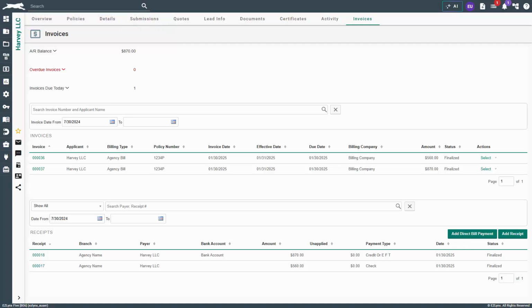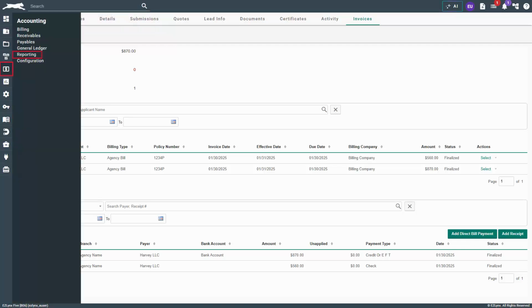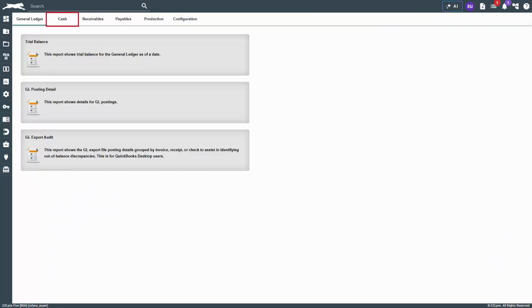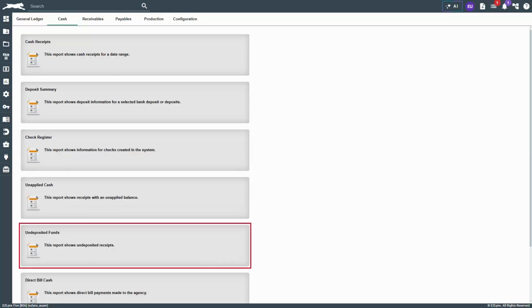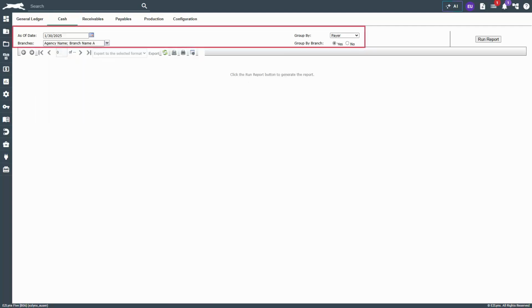Any cash or checks received should be added to the deposit. To do this, hover over the accounting icon and click on Reporting. Once again, click on the Cash tab and scroll down to find the Undeposited Funds report. When the report appears, make your selection for each field, as we did a moment ago for the unapplied cash